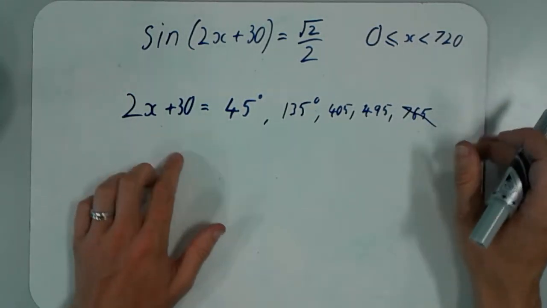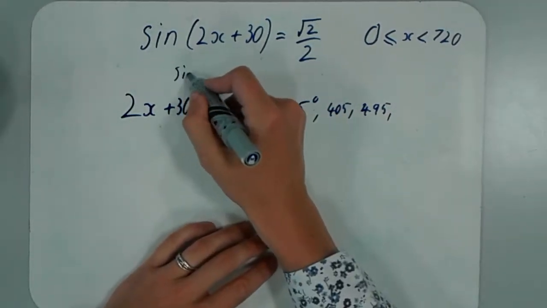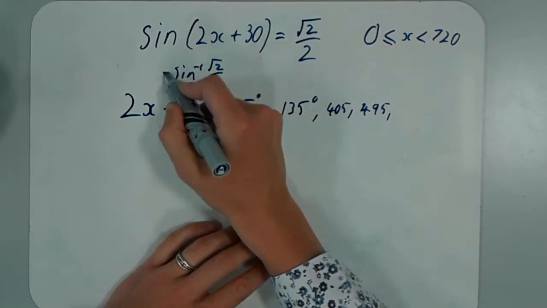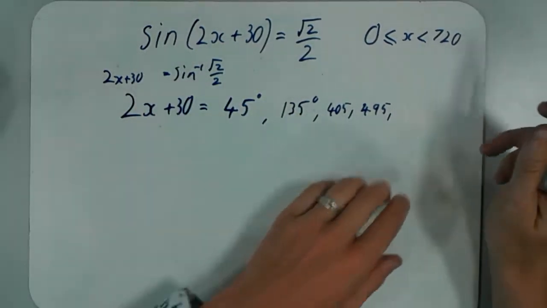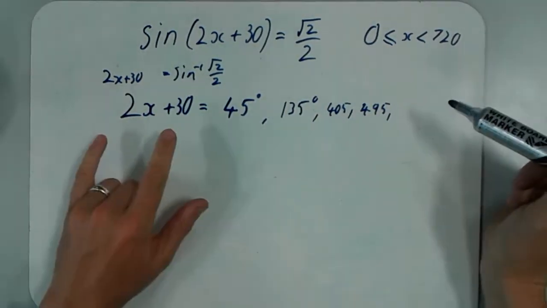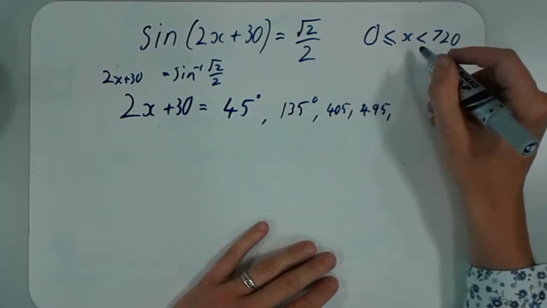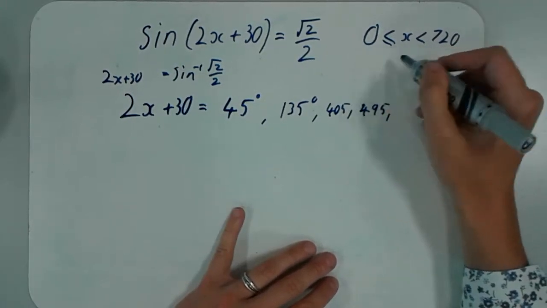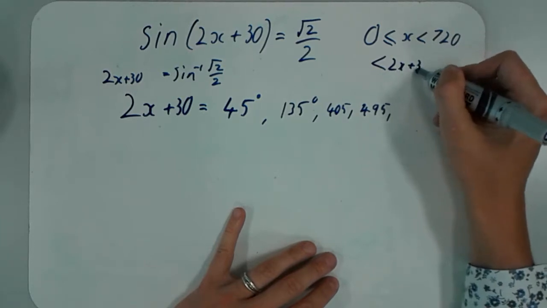However, we need to be a little bit careful, because remember, so far all I've done is inverse sine of root 2 over 2. So I've still got the 2x plus 30 on this side. I've been told that x is between 0 and 720, but at the moment I've got values of 2x plus 30. So let's think, if x has to be between 0 and 720, then what should 2x plus 30 be